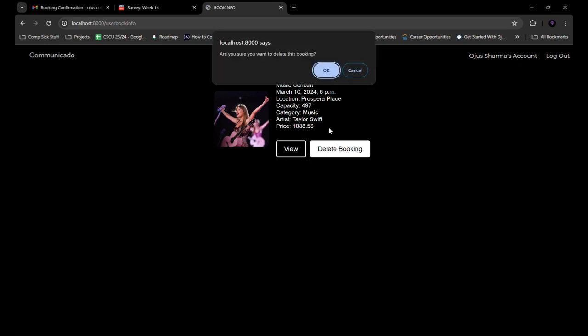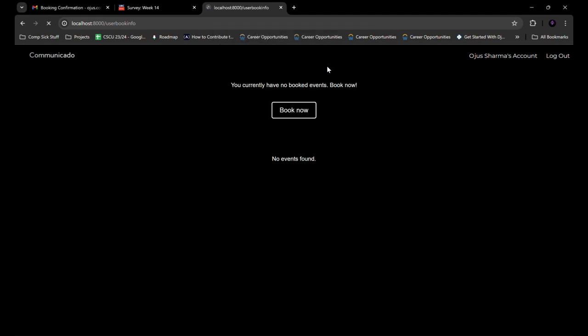Just to be sure that the user doesn't slip and accidentally click it, we have a check which confirms with the user: are you sure you want to delete this booking? I'm just going to click OK to display it, and then since you have no events, it just shows you can book more. Highlighting on booking history, you can also go to your